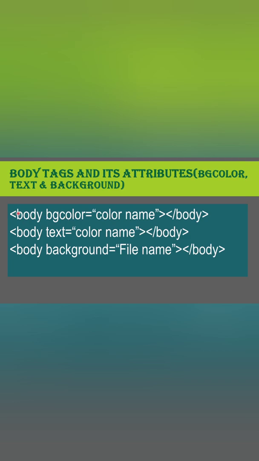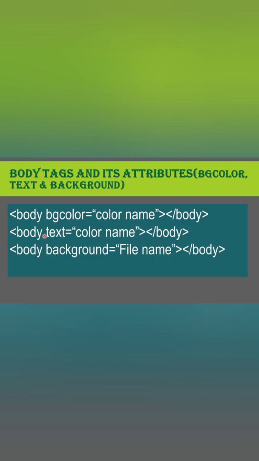For that you have to open the body tag and enter the attribute as BGCOLOR equal to, then enter the color name here. Here you can see a blue color is given as background, right? So here you have to give blue. If you want to display blue on your web page, then you have to enter blue. Then you have to close the body tag. So for setting up a background color for your web page, you can use this BGCOLOR attribute along with the body tag.